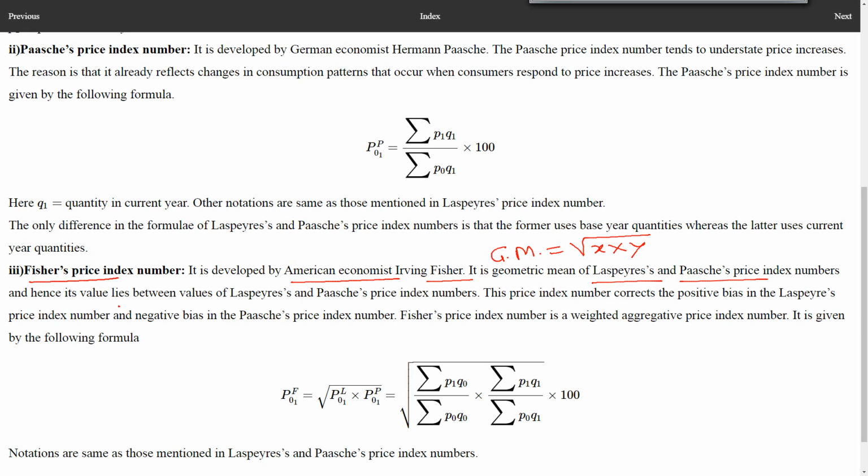And hence its value lies between values of Laspeyres' and Paasche's index numbers. This price index number corrects the positive bias in Laspeyres' price index number and negative bias in Paasche's price index number. Fisher's price index number is a weighted aggregative price index number. It is given by the formula square root of Laspeyres' index number multiplied by Paasche's price index number multiplied by